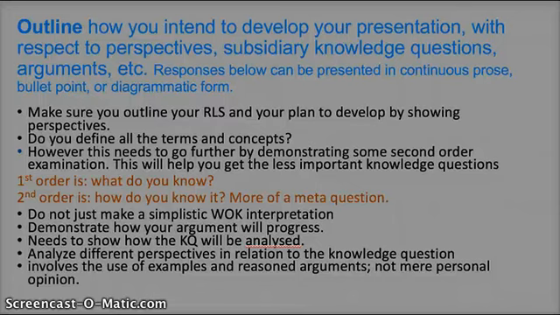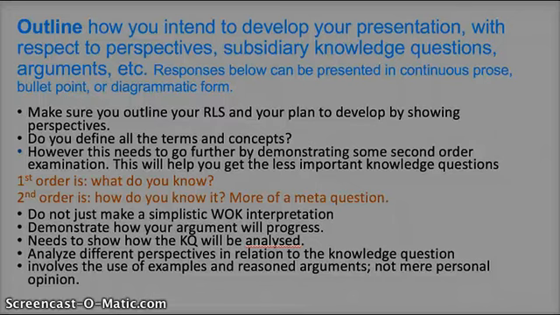You can define your terms and concepts. However, this needs to go further, and you need to really start demonstrating some second order examination of the topic here. Okay, so a first order question is all about what do you know. A second order question is about how do you know that. It's more of the meta question. Okay, so we can't just make simplistic interpretations,